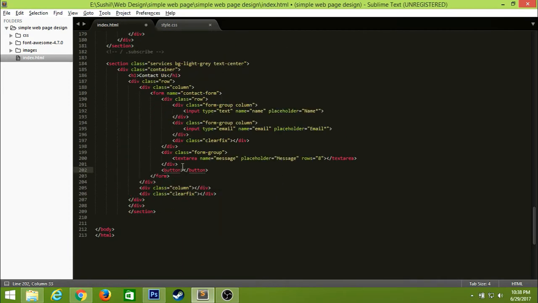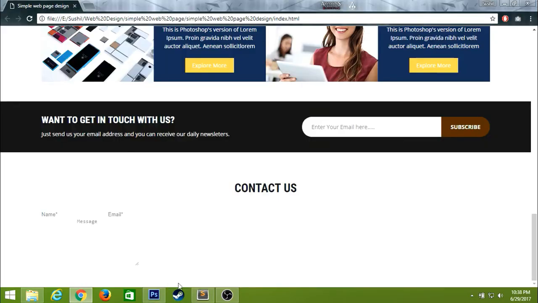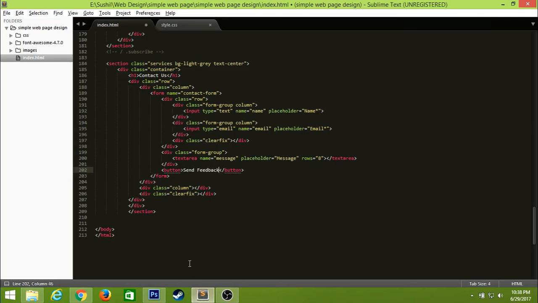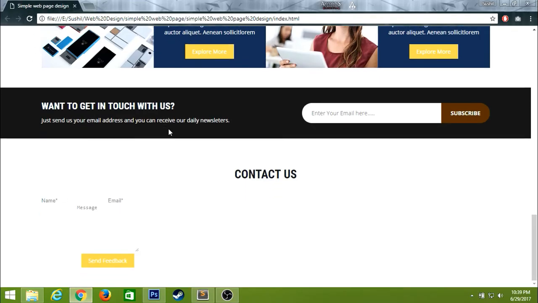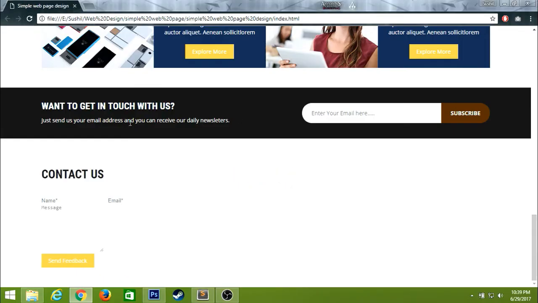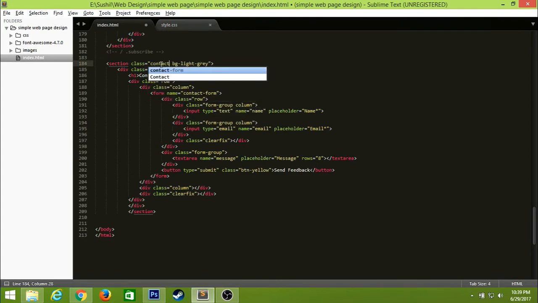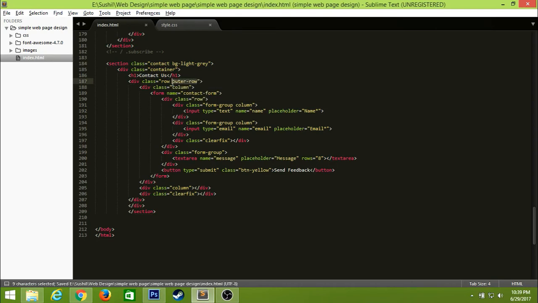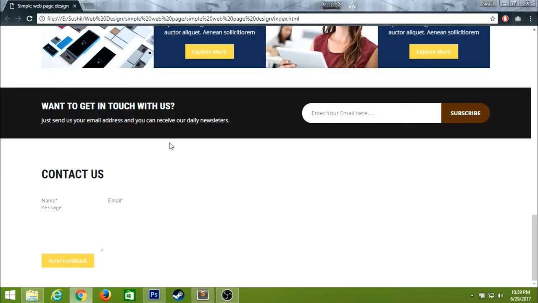And now let's create a button, send feedback, and the type will be submit, and let's give it a class of button hello, btn hello. Now it looks fine, but we don't want to center everything, so let's remove this class. Let's give it a class of contact, and give a class of outer row for the outer row, because